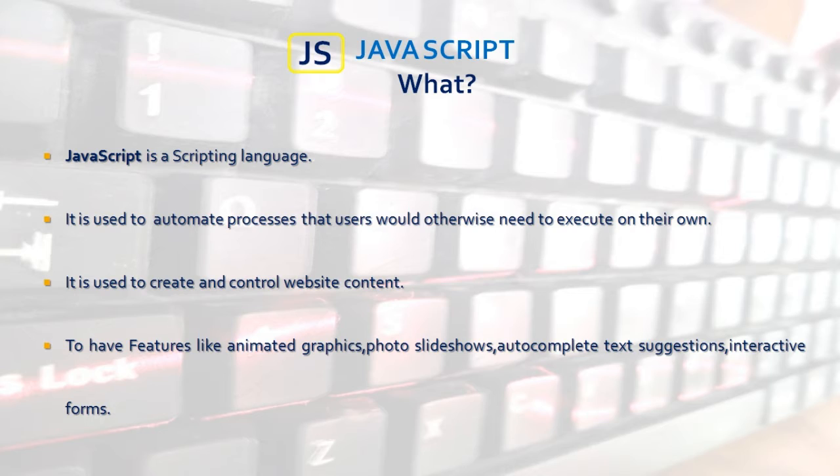A better way of understanding what JavaScript does is to think about certain web features we use every day and likely take for granted, like when our Facebook timeline automatically updates on our screen or Google suggests search terms based on a few letters we started typing. In both cases, JavaScript is in action.